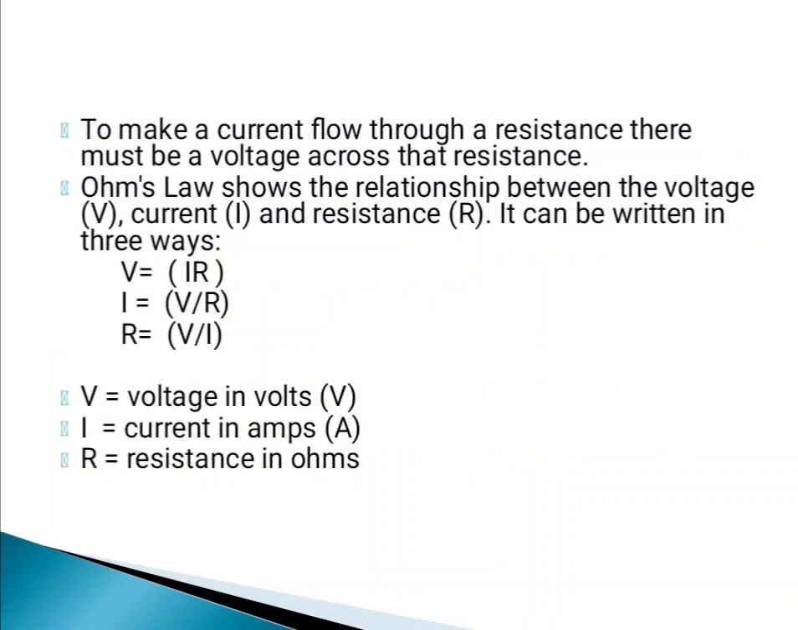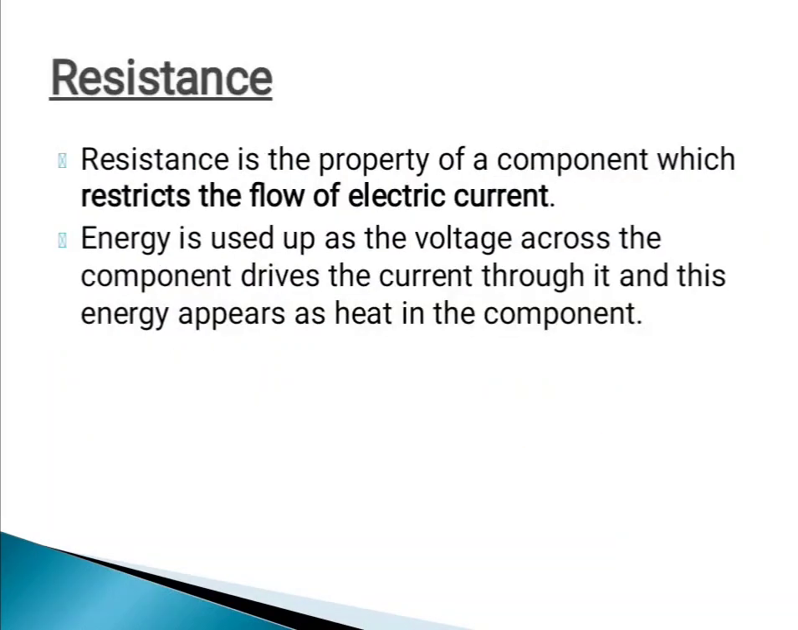To make current flow through a resistance, there must be a voltage across that resistance. As we already discussed, Ohm's law shows the relation between the voltage V, the current I and the resistance R. This is rewritten in three ways: V is equal to IR, or I is equal to V by R, or R is equal to V by I, where V is the voltage in volts, I is the current in amperes, and R is the resistance in